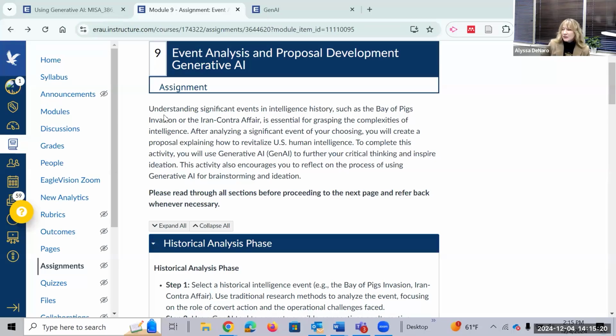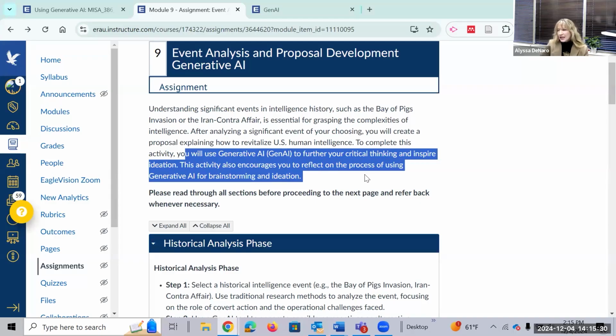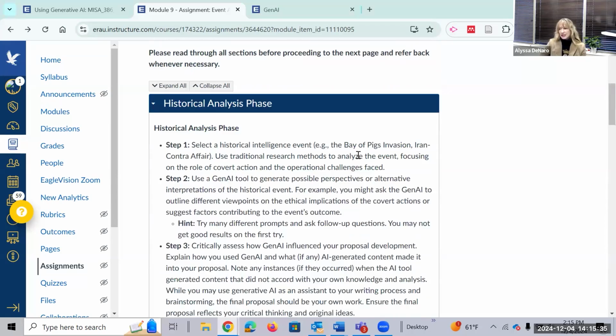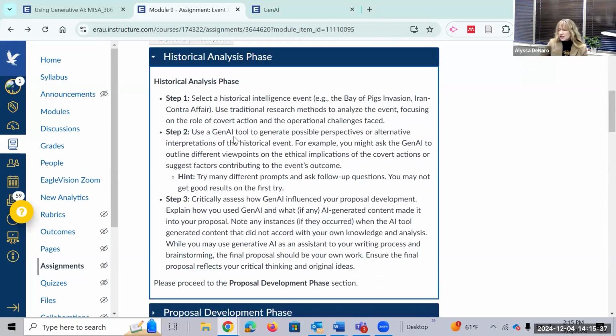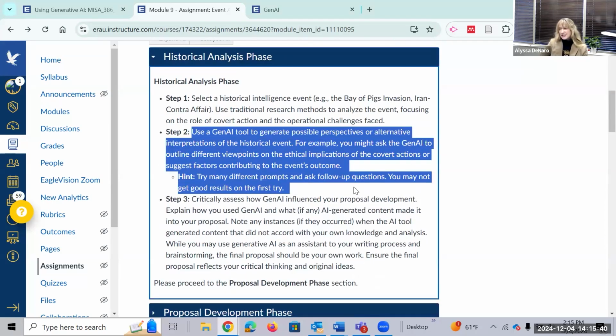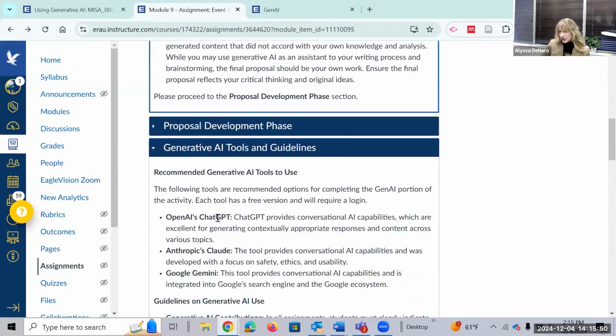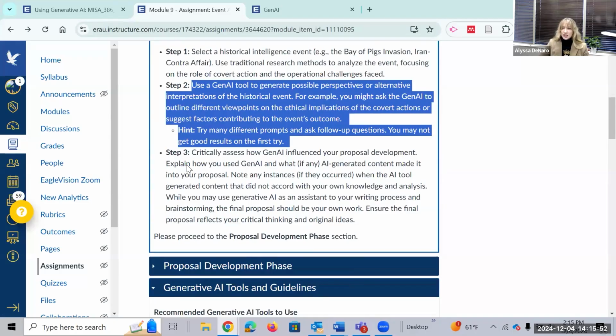So you can see here again, we have not only the description, the overview at the top, talking to students about what this assignment is and how they're going to use generative AI, but also why they're going to use generative AI. It's going to help you with your critical thinking in this process. And then the use of generative AI is clearly outlined in the steps that students are given to complete this assignment. So we have really nice, clear directions for use, and further directions down here as well, guidelines just to kind of further clarify for students what's expected of them.